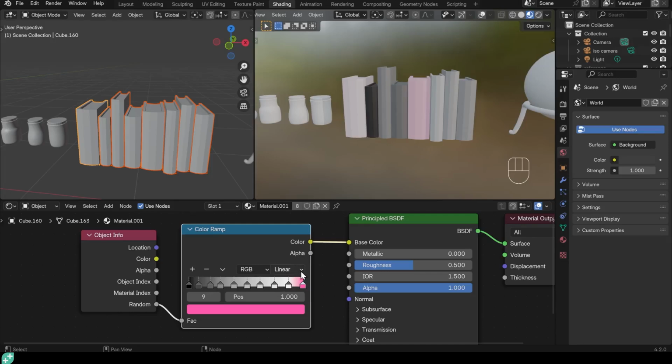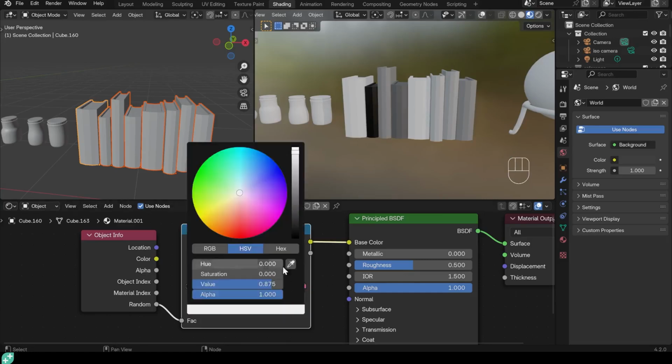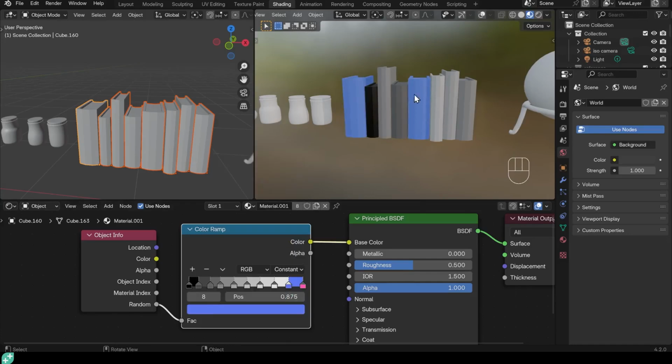And we can change that with the option over here. And we change that to constant. And you can see now they're constant colors. This one was in the middle there, but that's white instead of pink. If I change this one to, let's say, a blue, you can see that's changed that one to blue. And the beginning one has picked that one up as well.